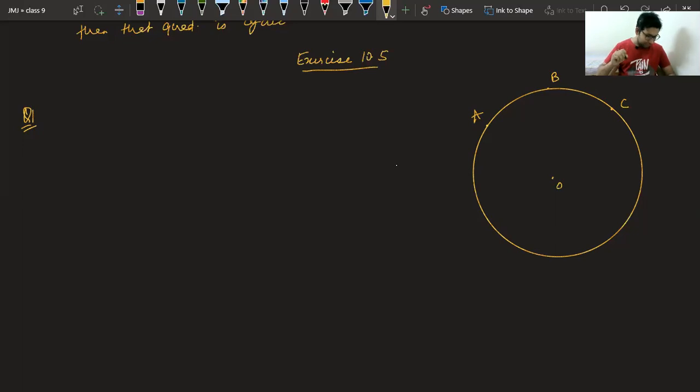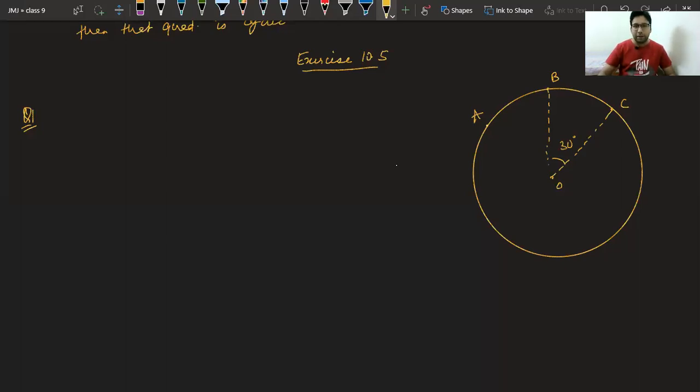Then such that angle BOC is 30 degrees. Let me join. We all know what angle BOC is? Angle subtended by arc BC. And tell me class, is this BC the minor one or the major one? If in the question nothing is mentioned whether the arc is major or minor, we have to take it always minor. We can never take it major from our side. So we have to take this one only, the smaller one. We cannot take the larger one. So this angle is given to us as 30 degrees.